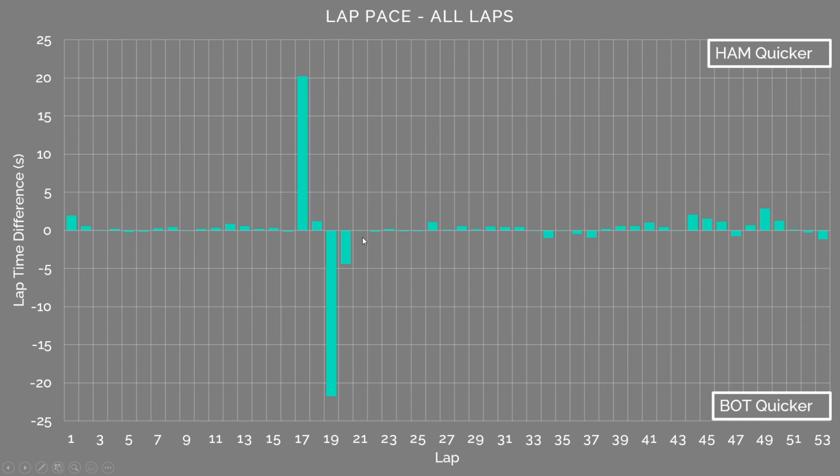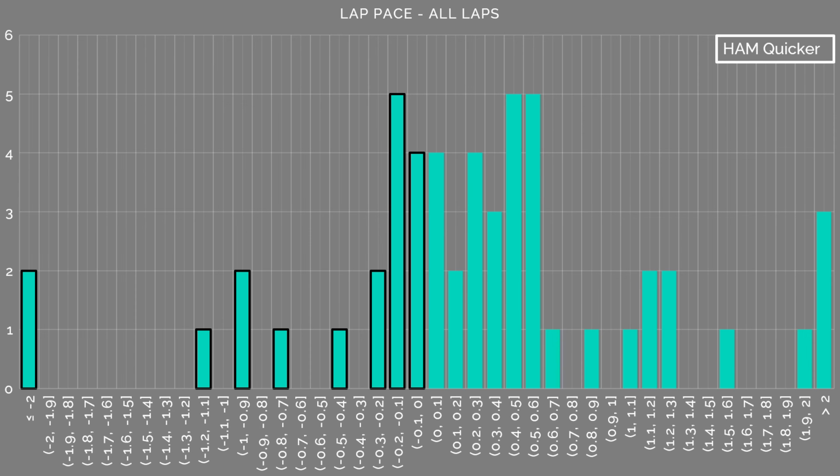Really, really close those first 5 laps out after the second pit stop, and then Hamilton really starting to pull away here and consistently punching in laps quicker than Bottas. And if we go across to the histogram chart here, this is a count towards Hamilton being quicker, this side Bottas being quicker, and as you can see,